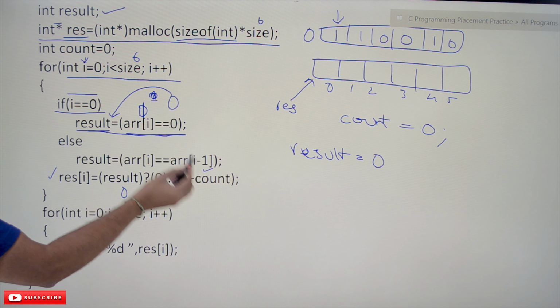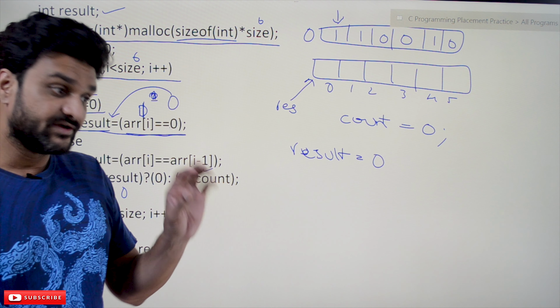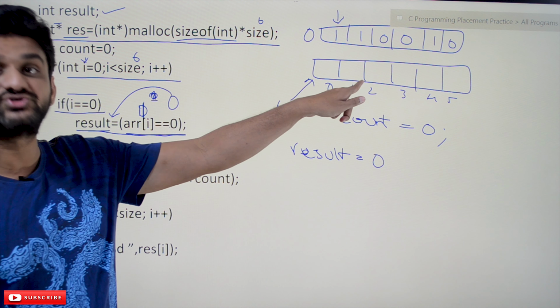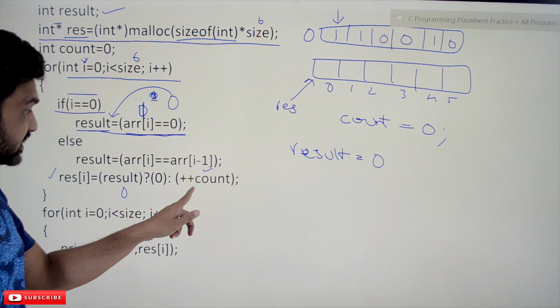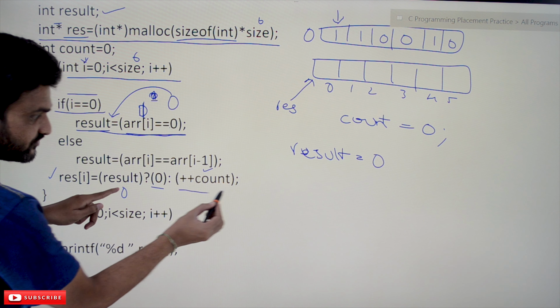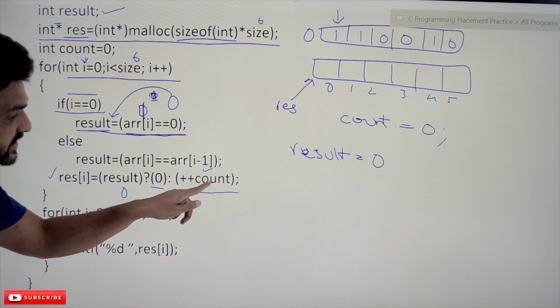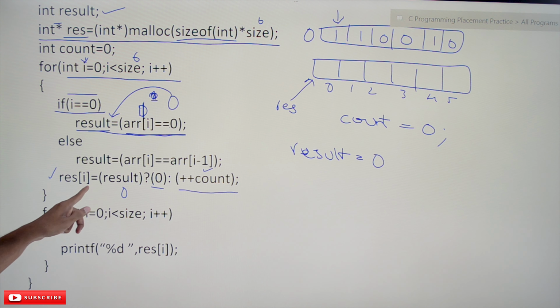Result is 0, this count has to be incremented, but that is not the case of the function. If both of them are different, 0 has to be stored. Okay, but here we are incrementing. If the result is true, this part will get executed. If it is false, this one will get executed. Understand that logic. So result is 0, as the result is having the value of 0, this else part will get executed, which is incrementing, and that incremented value is getting stored in res of 0.